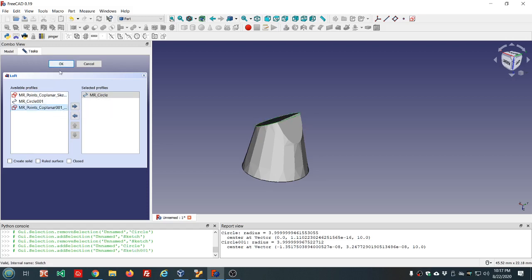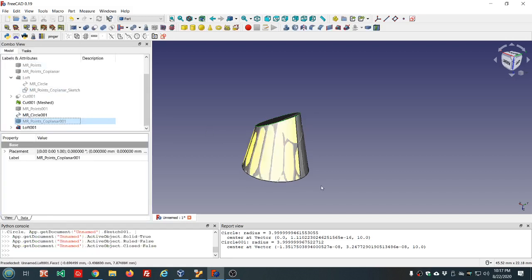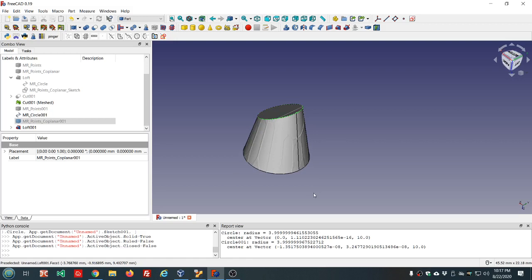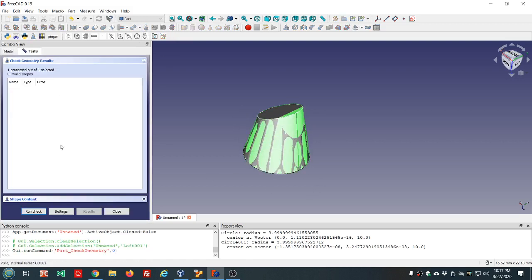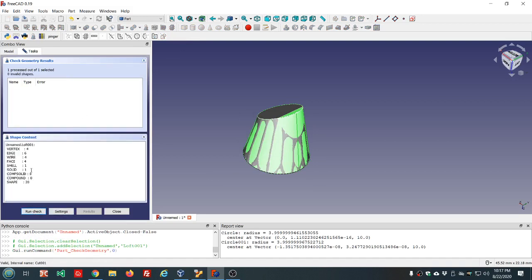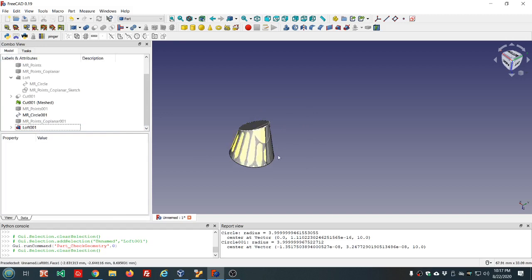That one. Let's check the geometry on this. Alright, it's always good not to see any errors. And now,